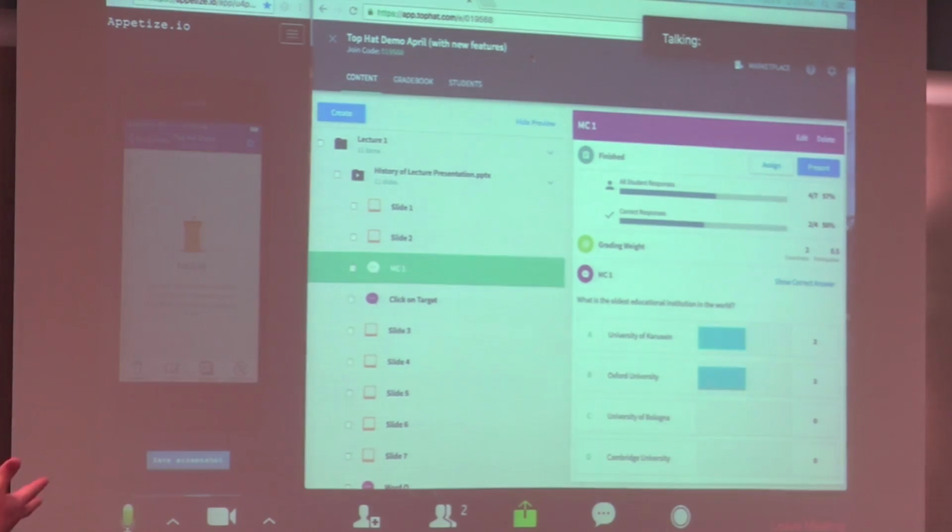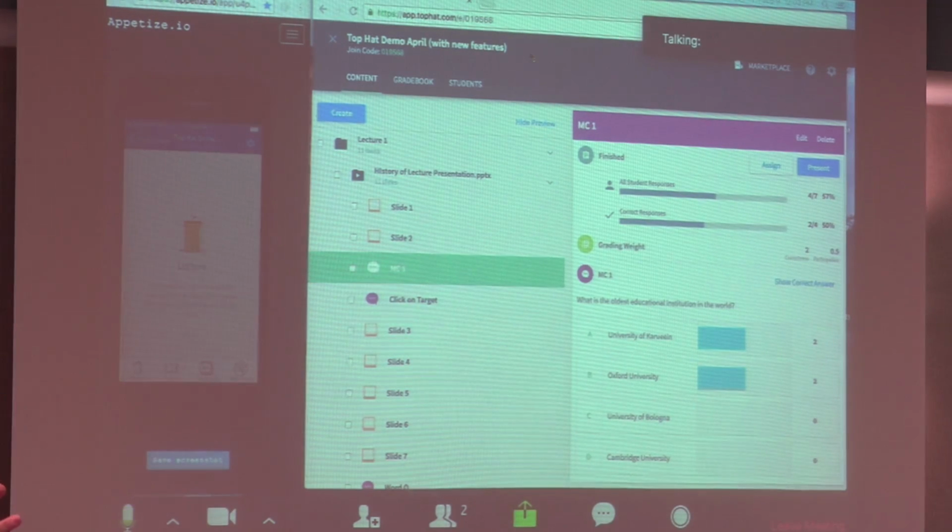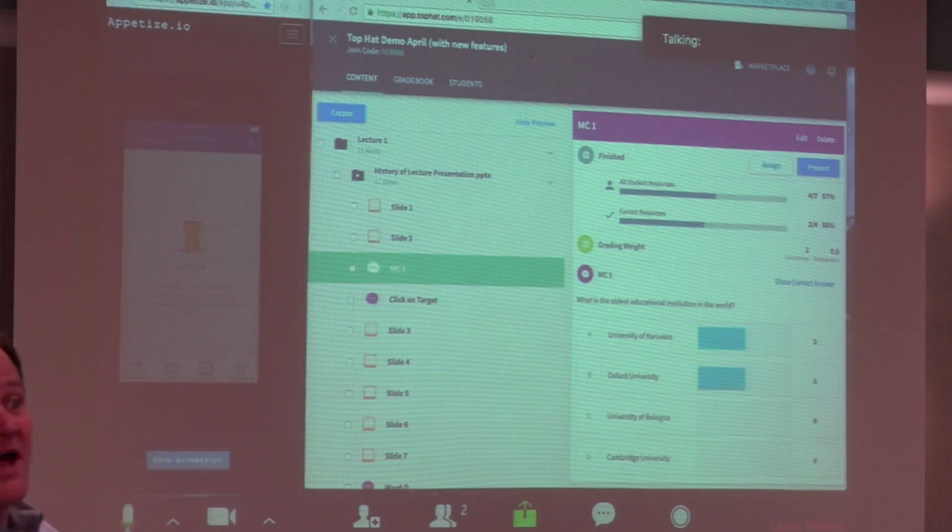Yeah, as you can see, it's very robust. Claire's just touching on the high points here, but it really addresses a lot of the concerns with the engagement and interactivity that we see within classes.